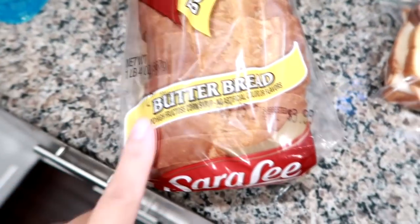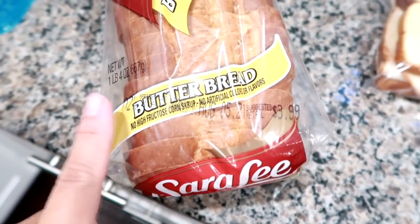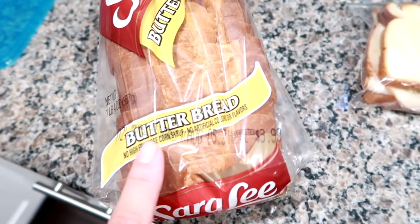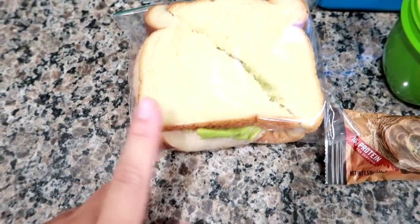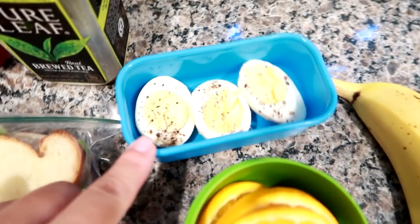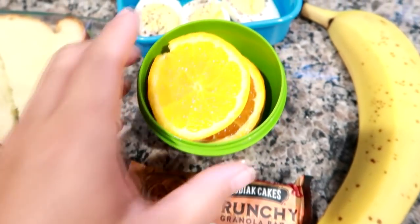I'll show you guys. I usually get the butter bread, this one from Sara Lee, or there's another one. I think it's like Nature's Own, but I just get whatever I can find or looks the best. So just simple turkey, iceberg, sharp cheddar, mayo on that butter bread, some hard-boiled eggs, salt and pepper, a couple